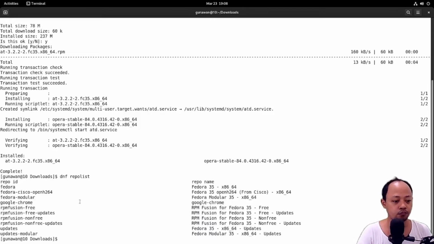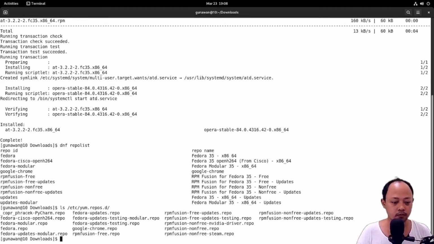I will check it in etc yum.repos.d. That's correct. There's no Opera repo in here. So how if we want to update our Opera?